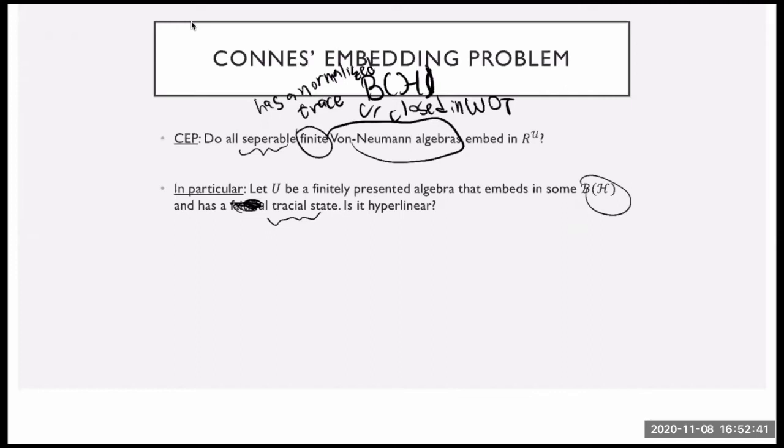I mean, Alex had a more, not basic, but concrete question about the ultra product of finite dimensional Hilbert spaces. I mean, I'm pretty sure it's also inseparable, but it's not